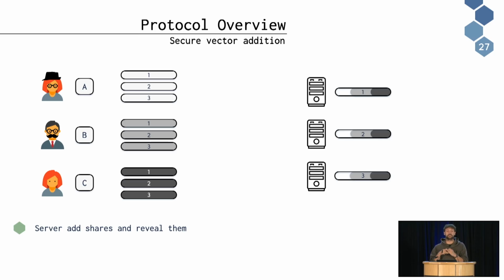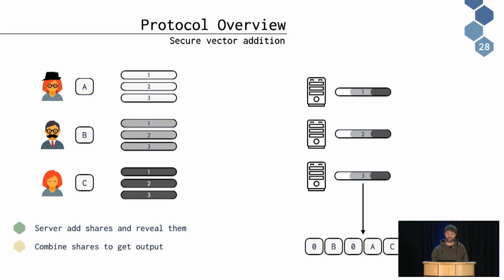Okay? And now what the servers do is they have all these shares, and then locally add the shares that they received. And secret sharing is a primitive that basically says, if I have enough of the puzzle pieces, I can reconstruct the original data. If I don't have enough of the puzzle pieces, then I don't know anything about the data. And here we use secret sharing schemes which allow me to homomorphically add secret values. So the servers can homomorphically compute the sum of those different arrays and combine the shares to get the output.